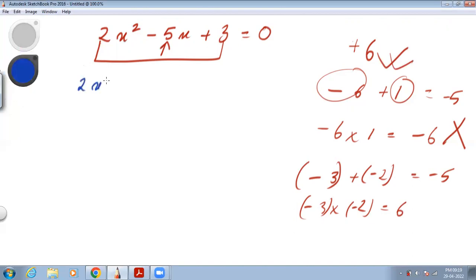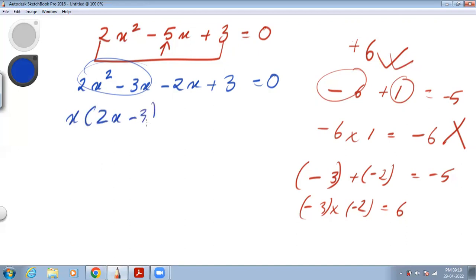So we can write it as 2x squared minus 3x minus 2x plus 3 equals 0. Now you see that from the first two terms, you can take x common. So it becomes 2x minus 3. From the second two terms, you can take minus common. So you get 2x minus 3 again. So our main objective is actually to get a common